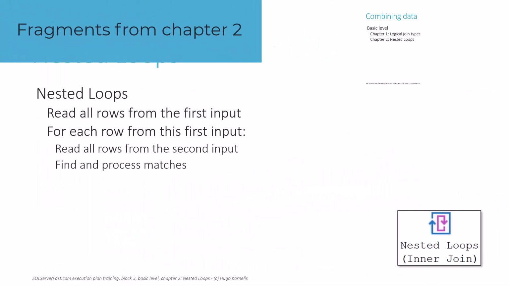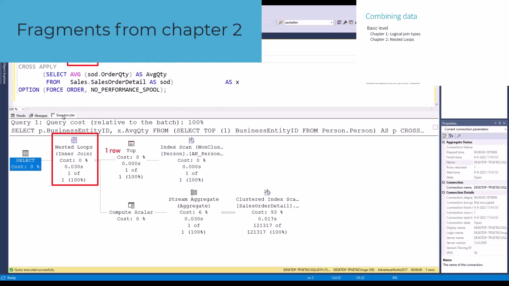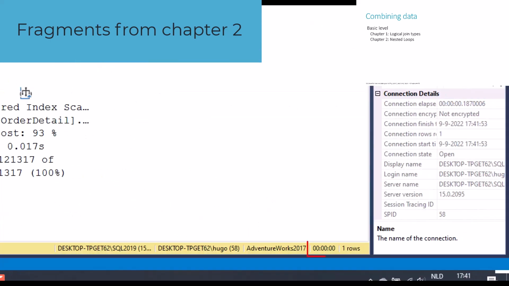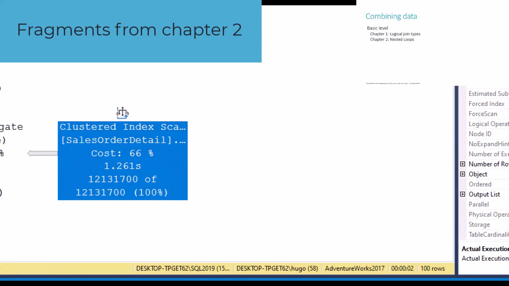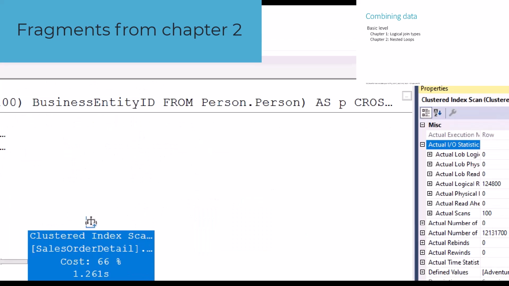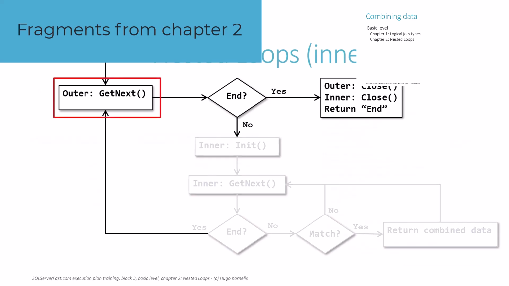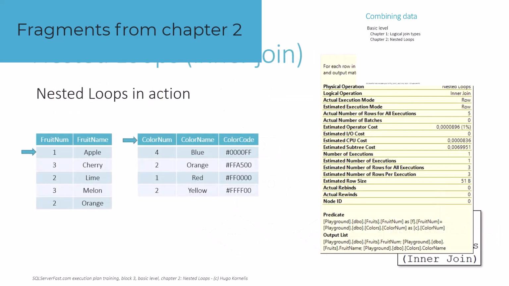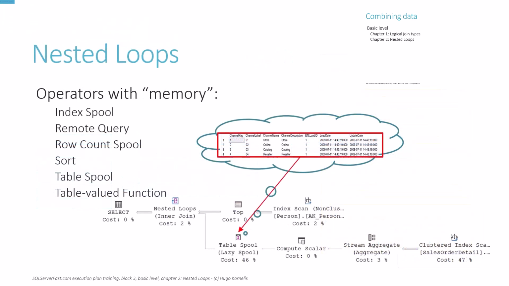Chapter 2 covers the nested loops operator. This operator joins two sources by repeatedly executing the second source, once for each row in the first source. This performs very well when the right conditions are met, but can spiral out of control when there is a bad estimate. You will see the basic algorithm used when a nested loops performs an inner join. You will also see how the outer references property is used to push a value into the second input, making it more efficient, and how this interacts with rebinds and rewinds of that second input.